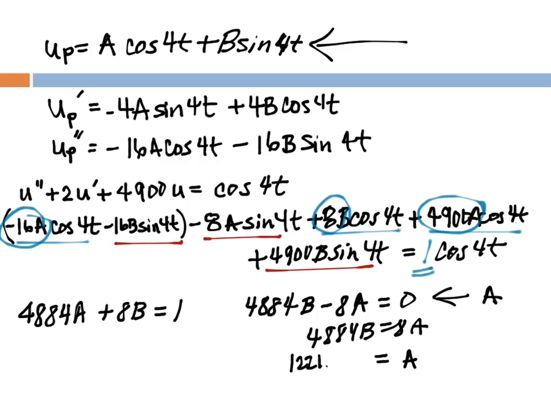Is it even 0.5? Oh, over 2. Sorry, I didn't hear you right. Okay, over 2B. So if you want to do substitution, you can plug that into the other equation for A. So you have 4,884 times 1,221 over 2